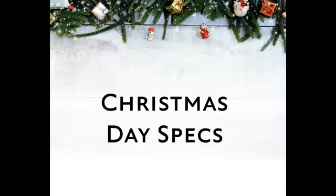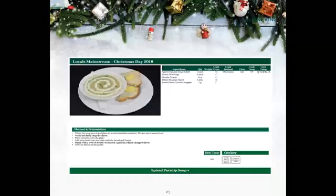Moving on to Christmas Day. The first one is the spiced parsnip soup. Again, that comes in a frozen pouch, and you decant it. Either you can put it in a pasta boiler or put it in a microwave, but whatever you've got for